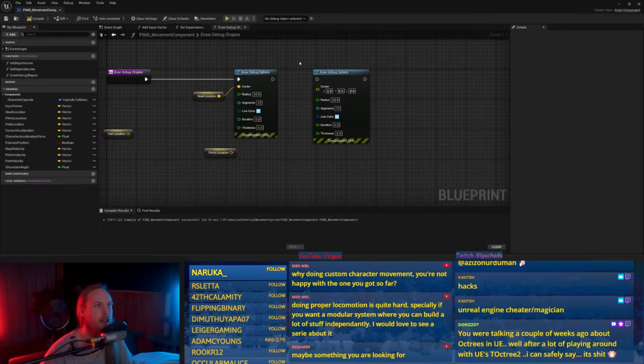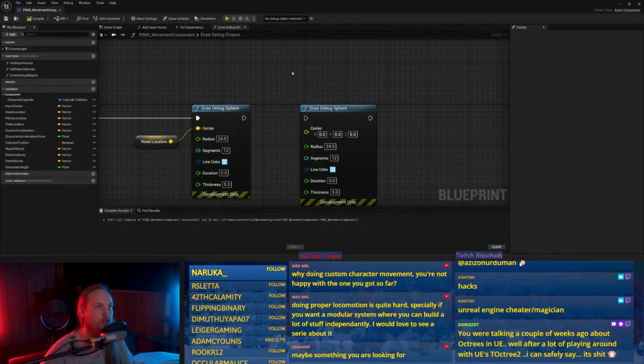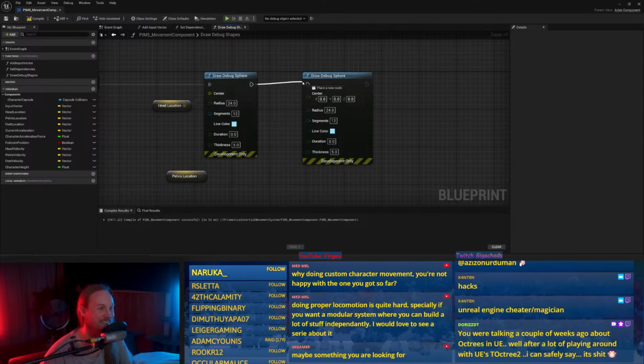Talking a couple of weeks about octrees in UE. We're playing around with UE's octree too. I can safely say it's shit. Oh, thank God.